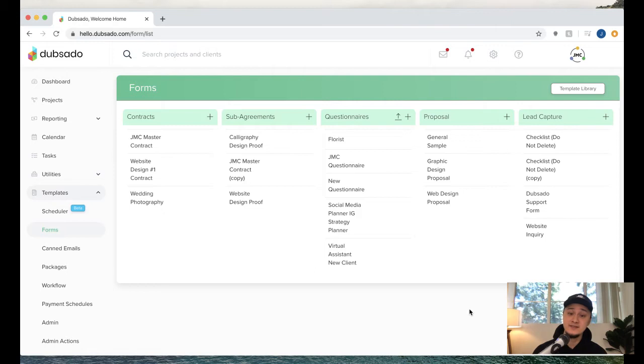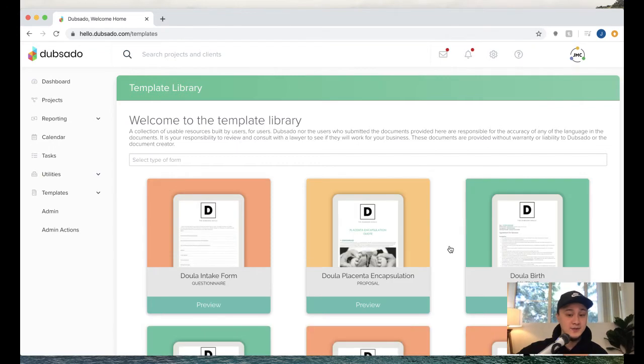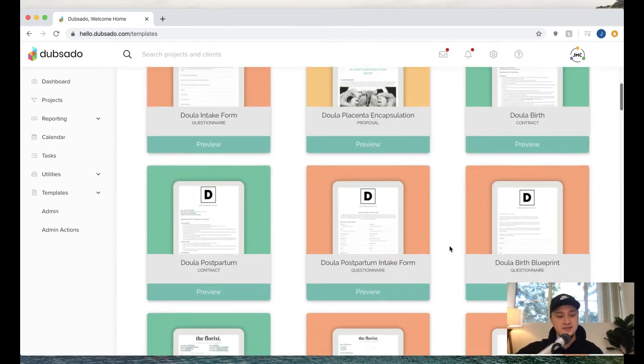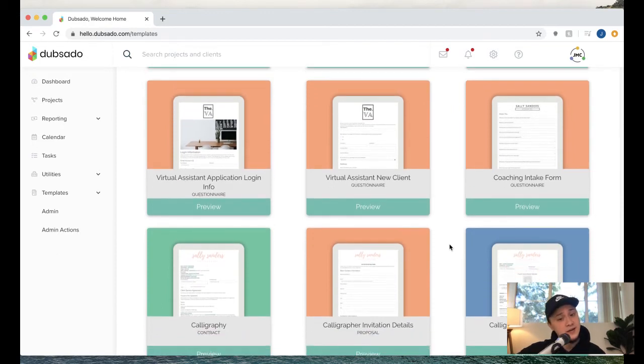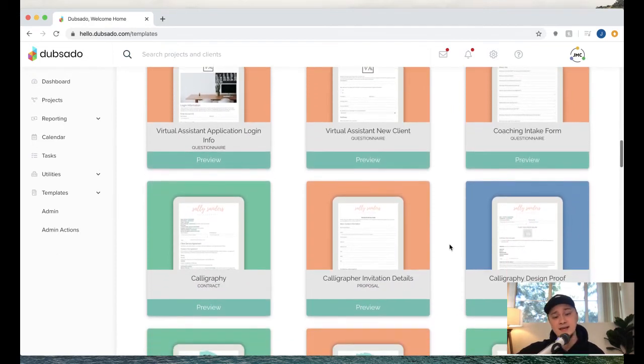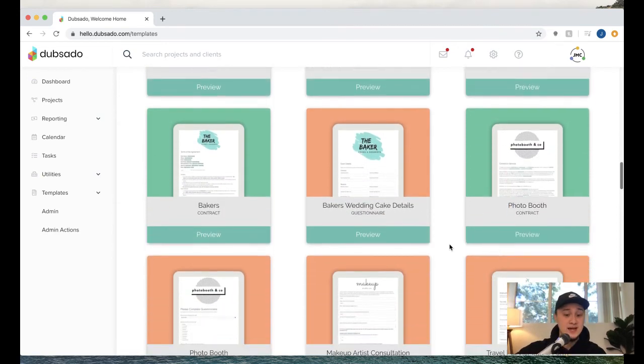And let's say in a different scenario, you would love to create some of these forms, but you want a bit of a baseline. Like you don't want to start from ground zero, so to speak. I'm very much this way because I'm not the most design-oriented, let's say. We do have a template library, and this is completely open source. You'll find that there are user-submitted templates from different industries. And whatever it is you might like about a form, whether it's the formatting, the colors, or however which way it's sort of designed,